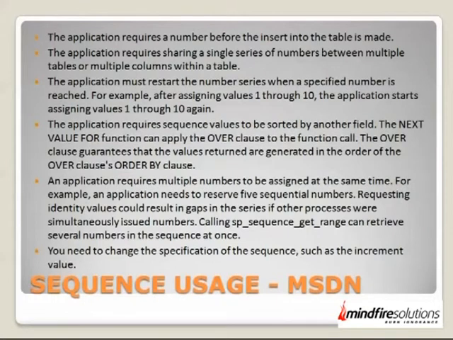What does it say? Simple. You want the capability to sort the sequence values by some other field. You cannot do that with increment, identity. So you go for a sequence actually. It also says it requires multiple numbers to be assigned at the same time. So you can use sp_sequence_get_range. The one we talked about here, sp_sequence_get_range, will give you a range of numbers to be reserved basically. So it's quite powerful for anyone who wants to do such manipulations in your application with a global number etc. Alright, we'll move on.